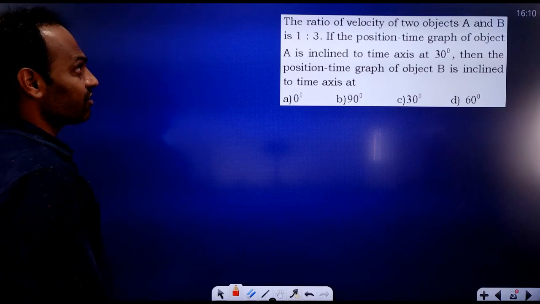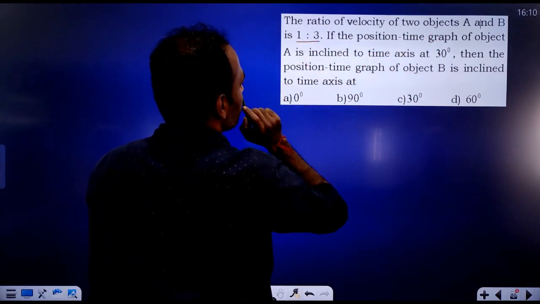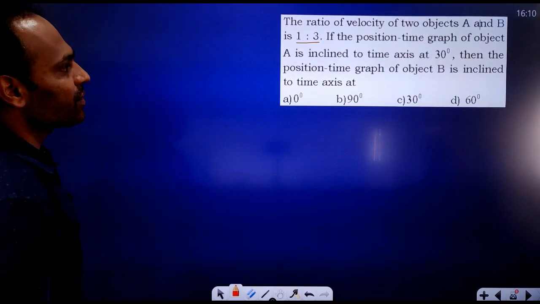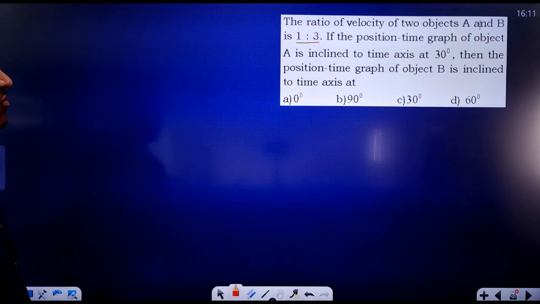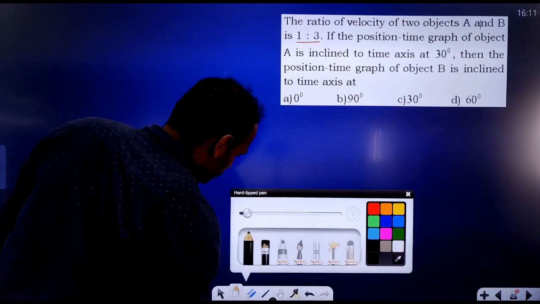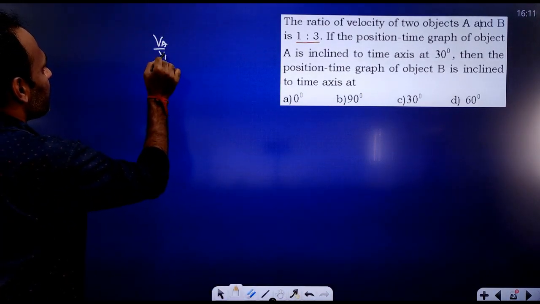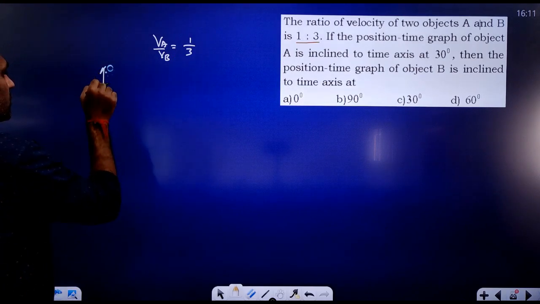Okay, so here they have given that the ratio of velocity of two objects A and B is 1:3. If the position time graph of object A is inclined to the time axis at 30 degree, then the position time graph of object B is inclined to the time axis at what angle? See, they have given us the ratio of velocity of A and B. VA divided by VB is 1/3. And what they are telling,